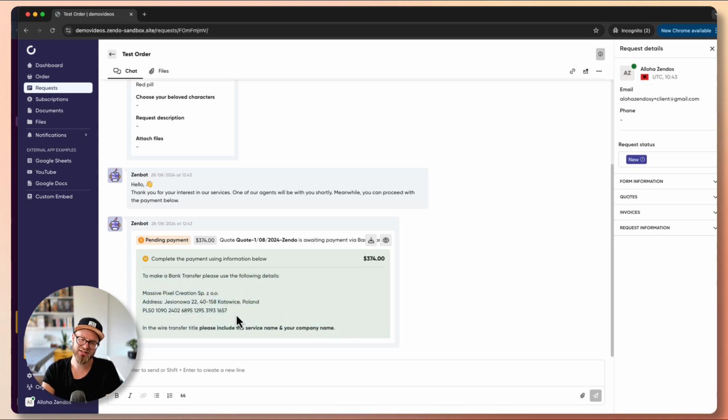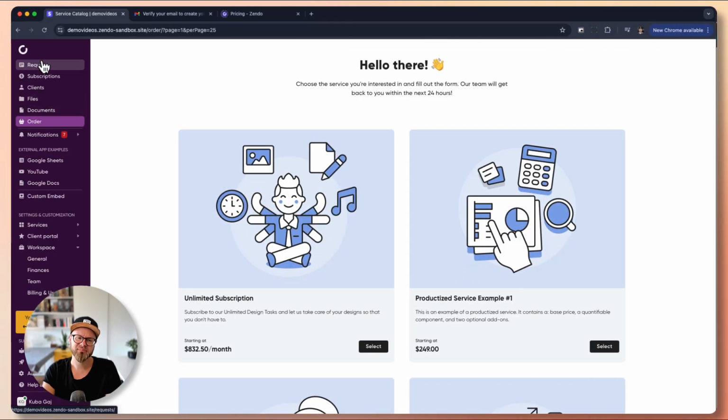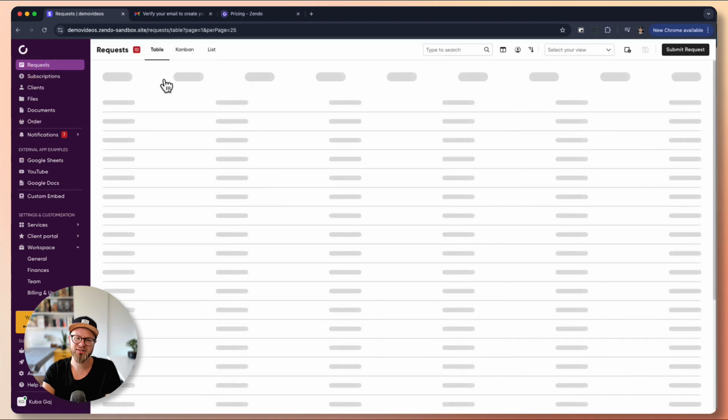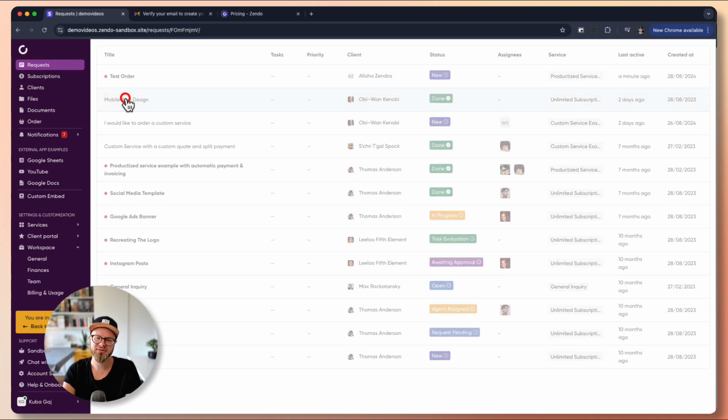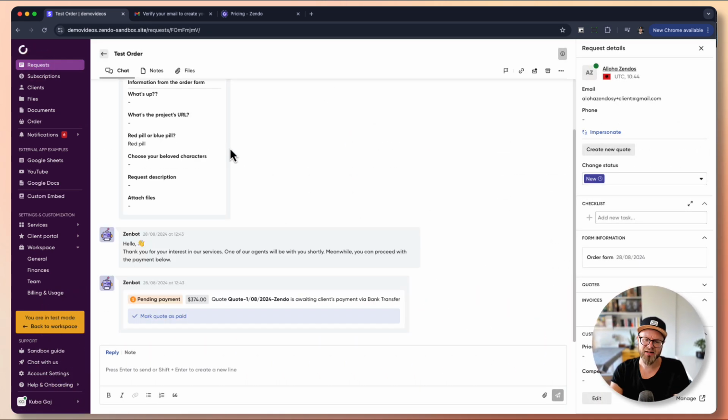As a client, you would just need to copy those, make the payment, and as an agent, let's go back to the platform, go to the request that we have just submitted. Here it is, test order. And we can here see mark quote as paid. So what it did is automatically issued a quote for the user for them to be paid. And now if I mark quote as paid,